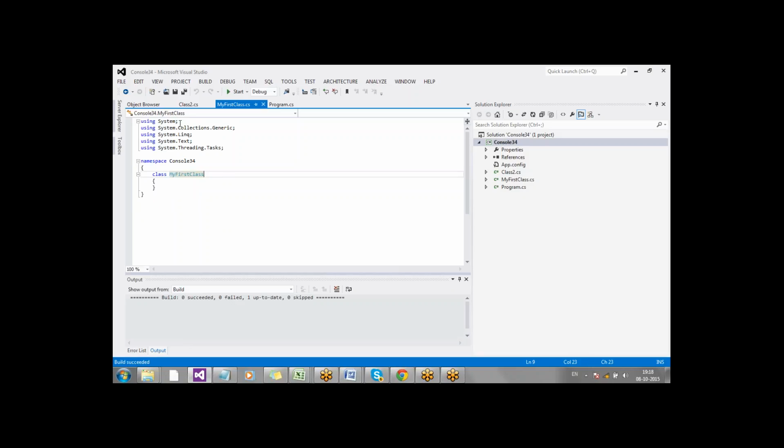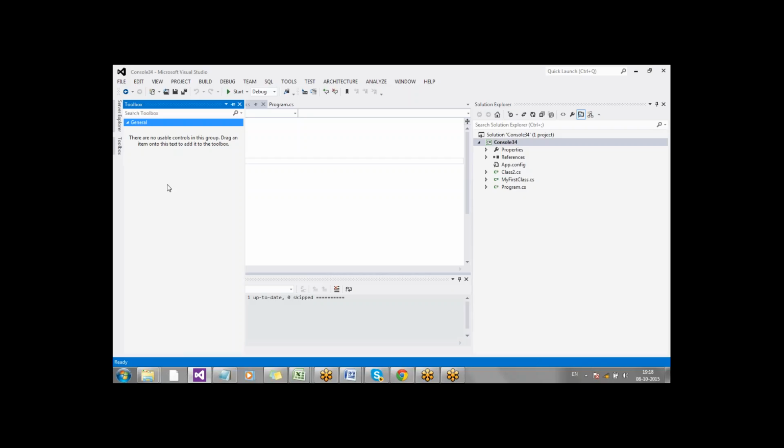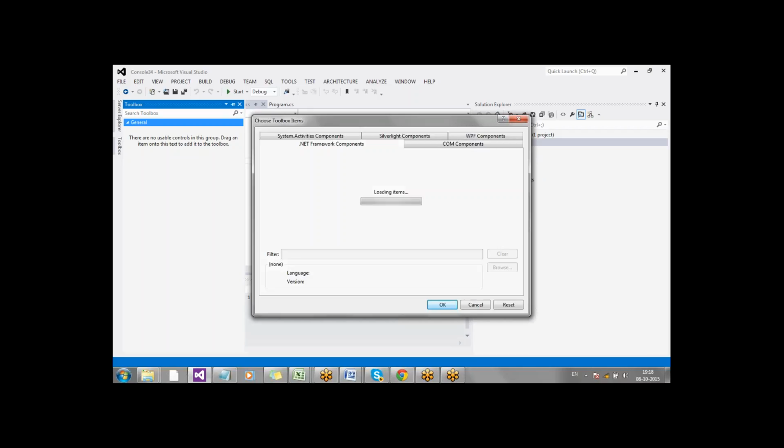Making sense? Now let me give you some real-time practical examples of how your namespace looks. There are certain groups of types here.